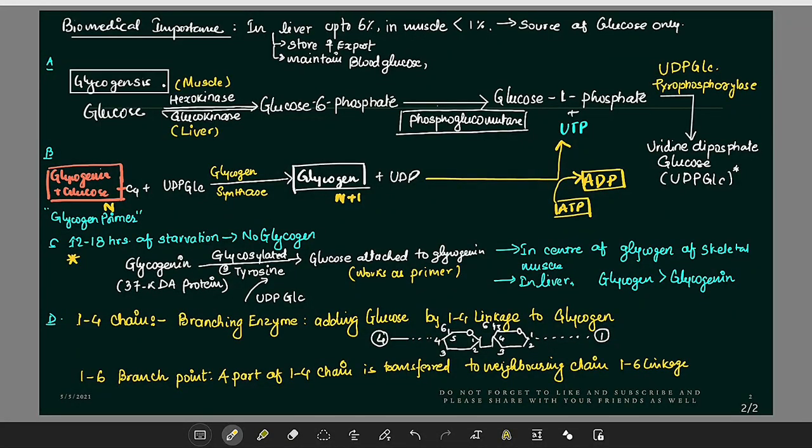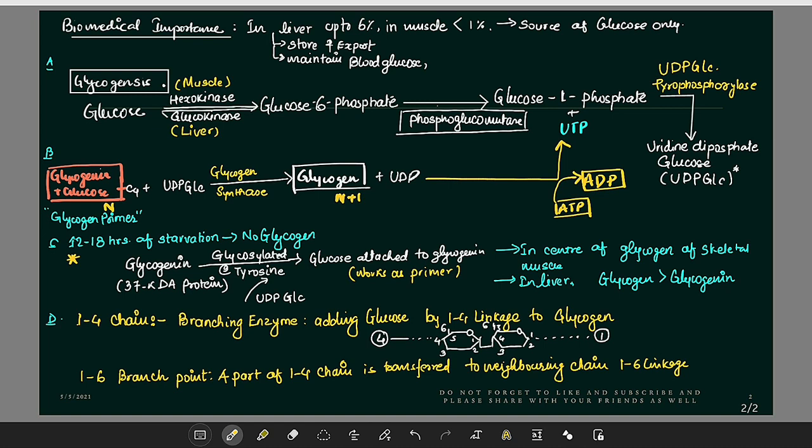So, as we know, there are different forms of polymers of glucose available in different types of organisms. Like in plants, the polymer of glucose is available in the form of cellulose or starch, where cellulose is basically used for cell wall synthesis, whereas starch is used as stored food. But in animals, the extra glucose which is not utilized by the cells is converted into glycogen. So it has a very important role in maintaining the blood sugar level.